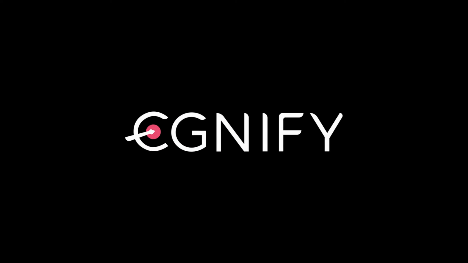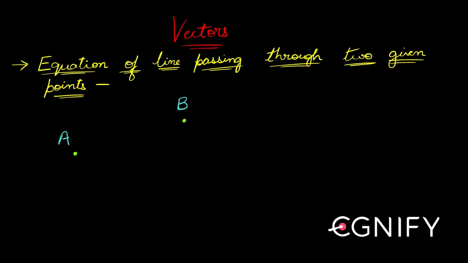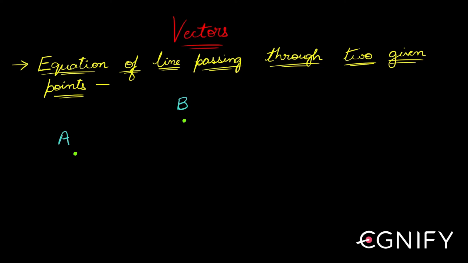Next we will see this topic called equation of line passing through two given points. Previously what we saw was, if we had a point and we had a vector, how do I get the equation of a line which passes through this point and is parallel to this vector? So this is something like your 2D straight lines, where what we saw was